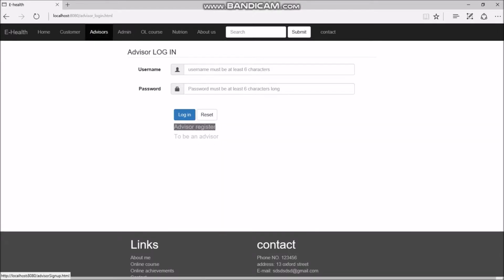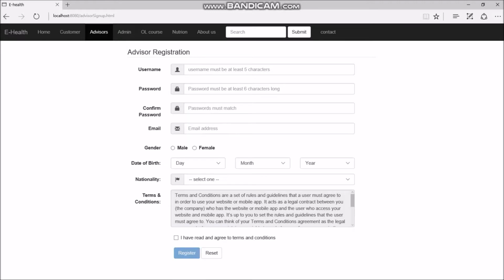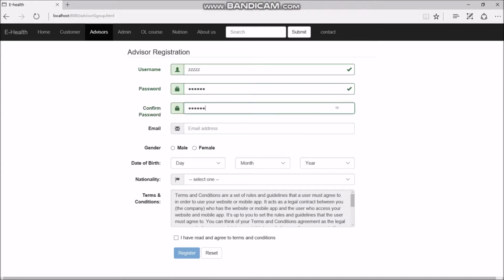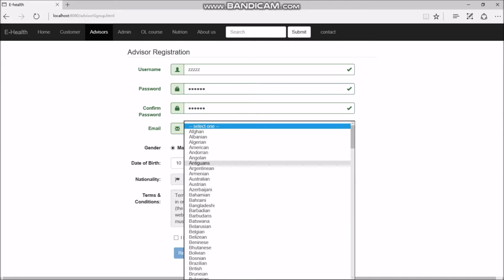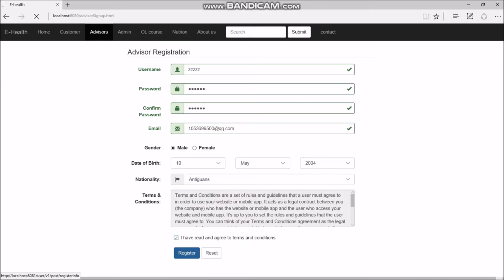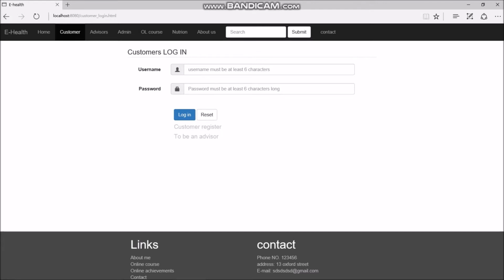We can also log in as an advisor, and before that, let us have a look at the registration system. So we can register the customer. The customer name has to be longer than 5 characters, and the password has to be 6 characters. So we'll just randomly put in some information, something just like that. Once the advisor logs in successfully, it will turn the page to the login, and